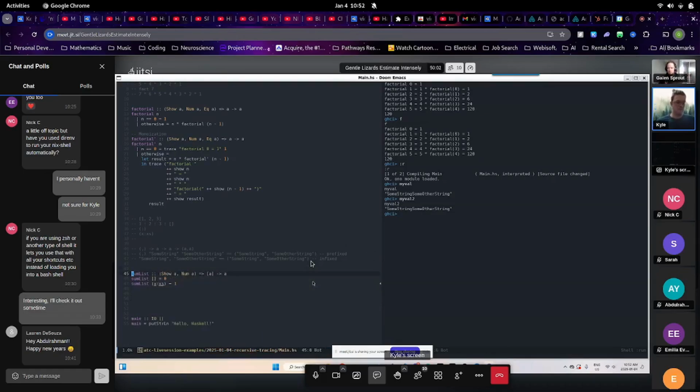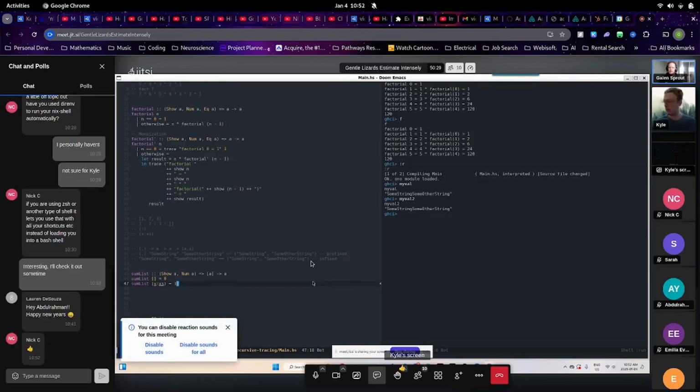But yeah, in the long and short of it, that's why we're able to deconstruct this list using the cons operator or the cons function. Does that make sense? If it doesn't make sense, put a question in the chat and we'll get to that for sure. And the reason ultimately for that is, if we look at the data declaration of a list,